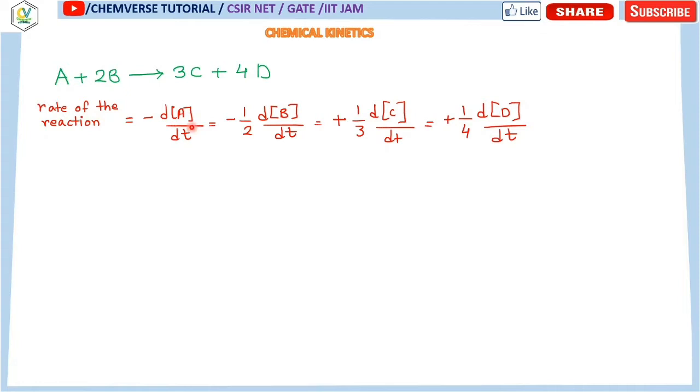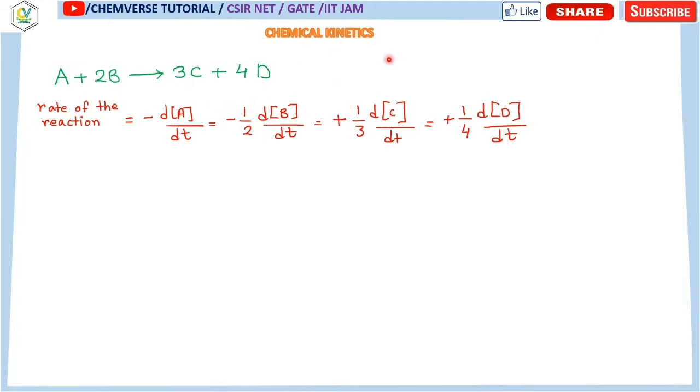So it is a change in the concentration of A, that means this one. And with time, what is the change of concentration of A with time? And it is the differential rate equation, so that is why it is represented in this form, minus dA dt. So in this way you can see that over here it is minus dB dt, but don't forget about the stoichiometry. So that stoichiometry will be written in the denominator. That means overall over here 2 mole of B is there, so it will be minus 1 by 2.